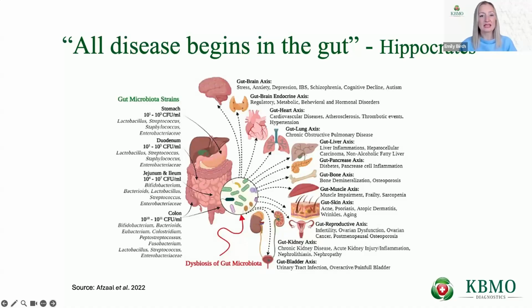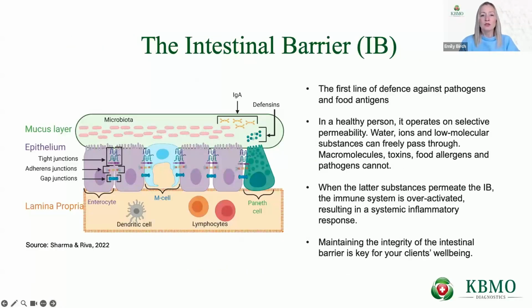But what about the intestinal barrier then? Let's talk about that, because that is the part of the gut that we're talking about today, or the GI tract. So the intestinal barrier, as I say, is a very quick recap. It's the first line of defense against pathogens and food antigens. And as you know, in a healthy person, it operates on selective permeability. And what that means is that water, ions, low molecular substances can freely pass through this barrier, but larger molecules, toxins, food allergens, and pathogens can't. When, however, the latter do